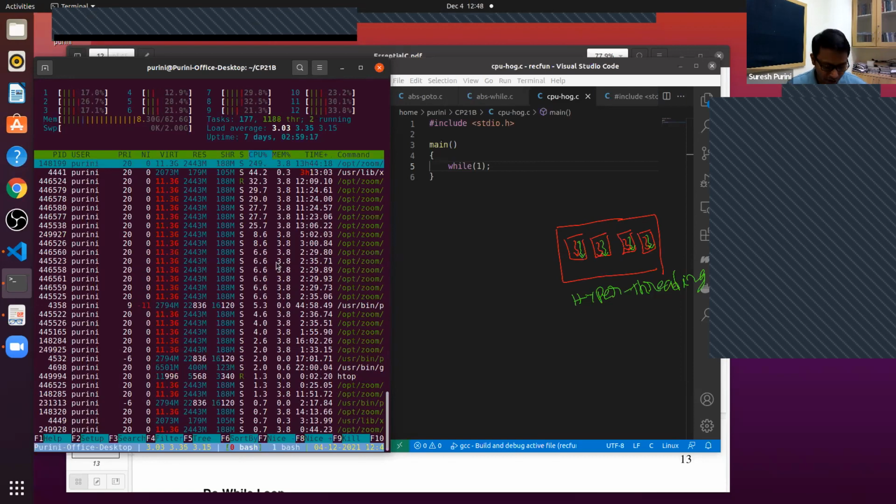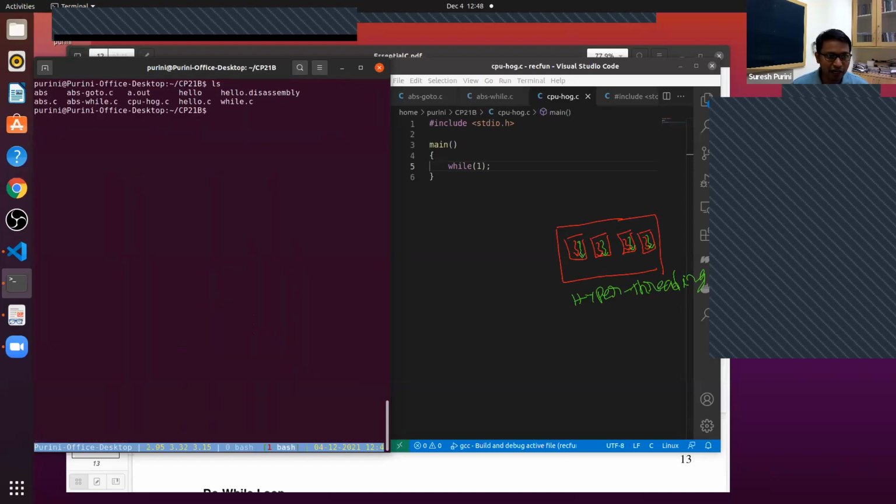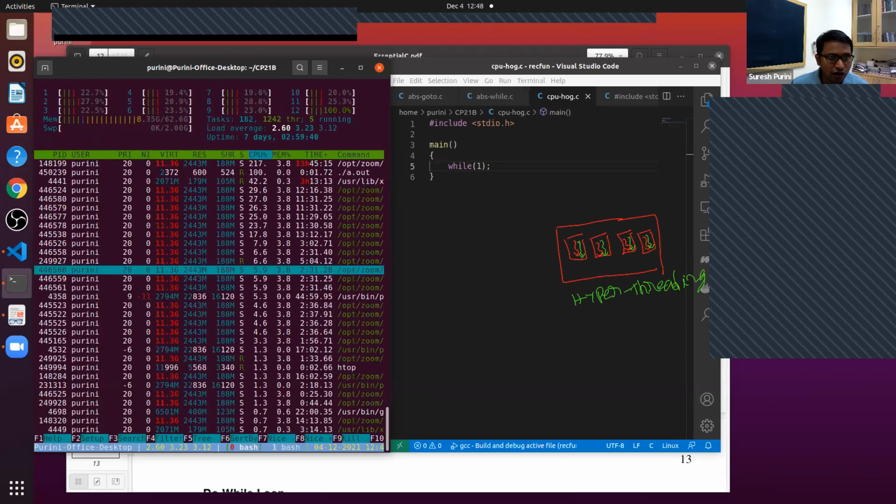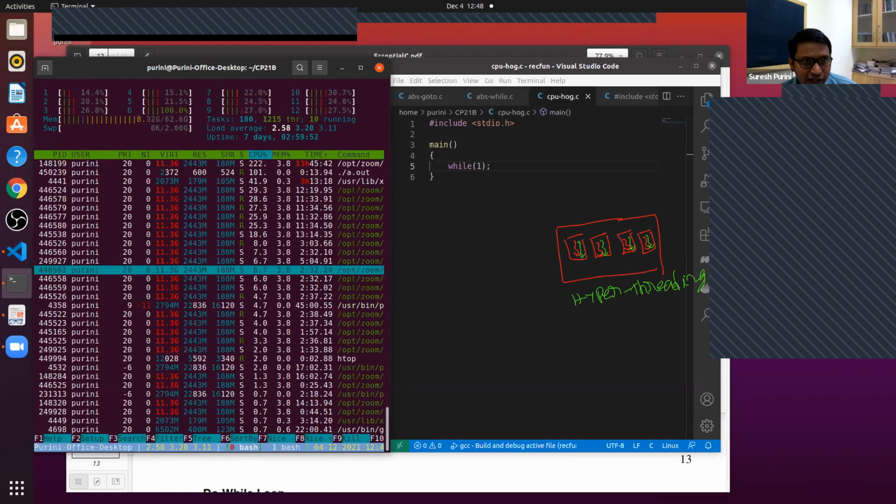So now I'm going to run my program, the CPU hog program, gcc CPU hog.c. Now I'm running a.out. Now you can see there is one CPU which became 100%. Are you able to see what is happening?